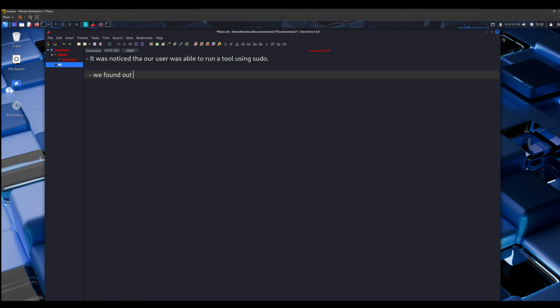We found out that the tool is using a vulnerable Node.js module. I don't know if it's called the module or library. Hopefully module is correct. By reading the package.json,